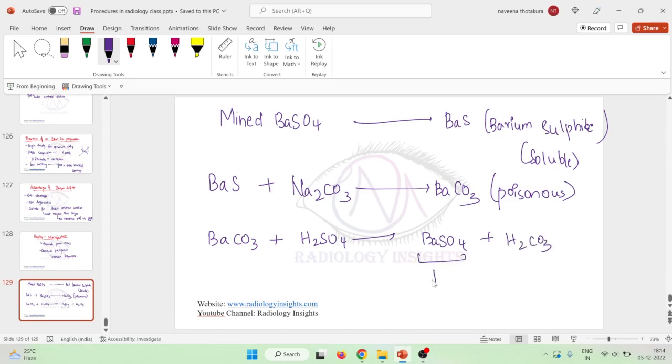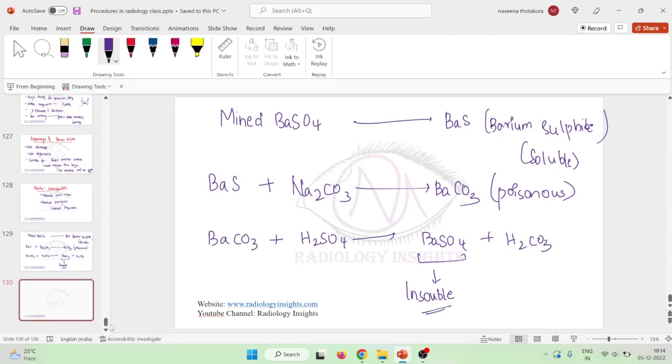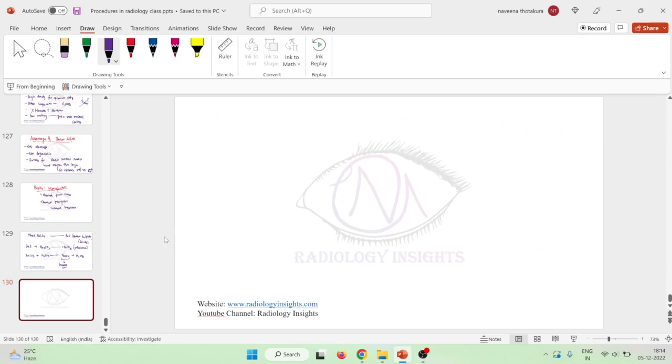Now this barium sulfate is actually insoluble barium sulfate, which is used in the GI contrast studies. Now we got this barium sulfate. Now this barium sulfate is in